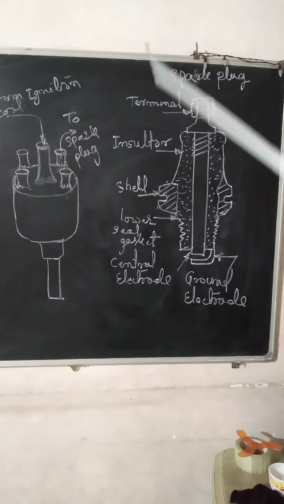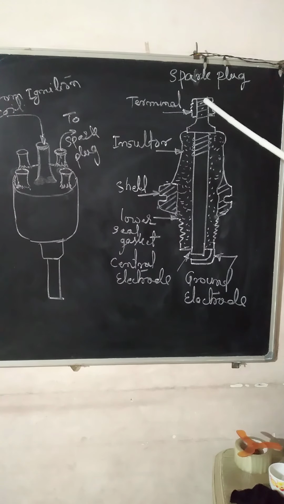So this is getting 18,000 to 25,000 volts. A very high voltage of current is fed in over here. From here the current flows and there is a gap provided, approximately 1 millimeter, set by using a feeler gauge. Now the current jumps from the central electrode to the ground electrode. This is grounded to the engine, and the engine is again grounded to the chassis. So the circuit is completed.